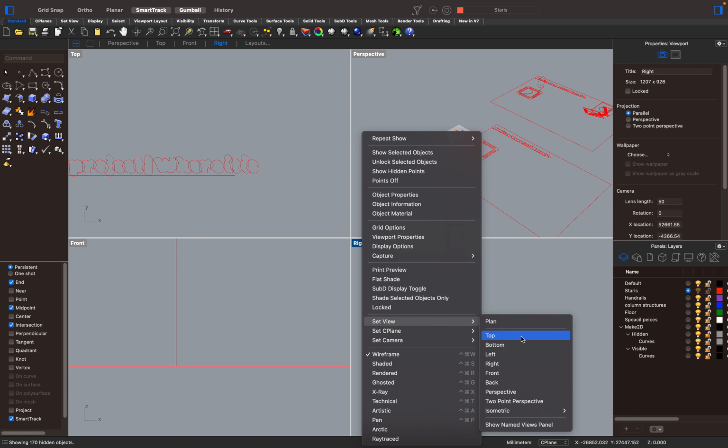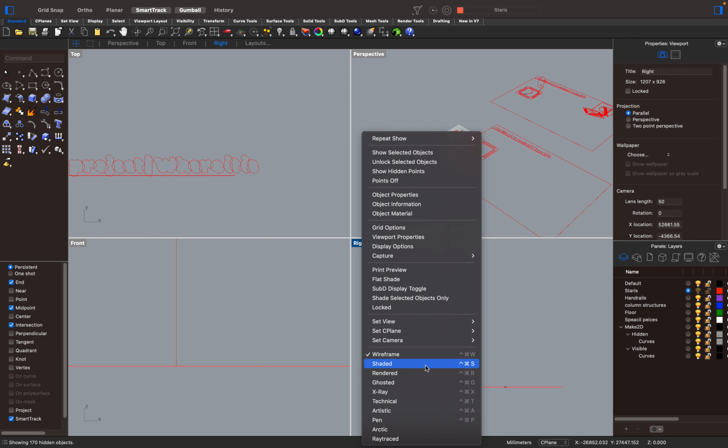You can look at a plan view, top view, bottom, left, right, front, back, perspective, set up a 2-point perspective, so we'll talk about that one pretty soon. And then of course even an isometric, which is relatively new, at least for Rhino 7. So that's kind of nice because that used to be really kind of hard to get. We had to put in these crazy commands to actually get those kinds of things. Anyway,